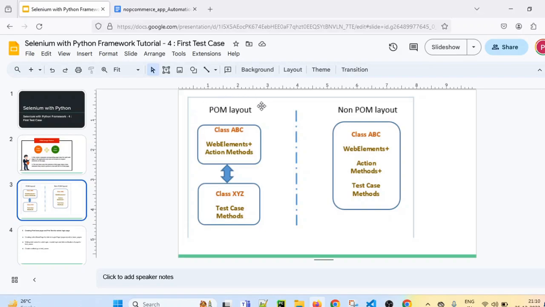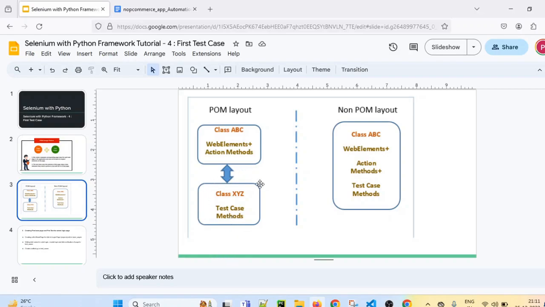So what we will do, we will create the admin login base page class. We will create one file for admin login within the base pages folder or base pages package. We will write locators as well as action methods in that login base page. Then we will create a test case file, one file for the test class. In that test class, we can write the test cases.